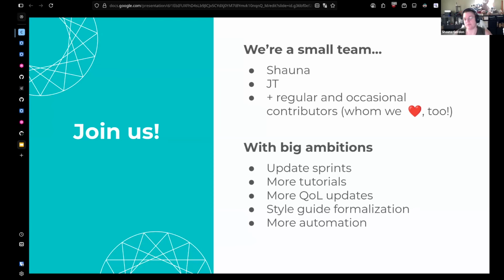We actively want to grow it, so if you're interested at all in any of the stuff that we've been doing, or the stuff that we're in the process of doing, by all means come join us. We'd love to have you. Even if you're not sure how to do stuff, we'd love to help you out. The more hands we start getting on this stuff, the better.